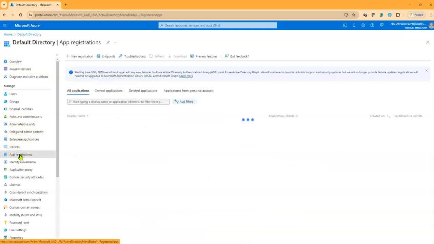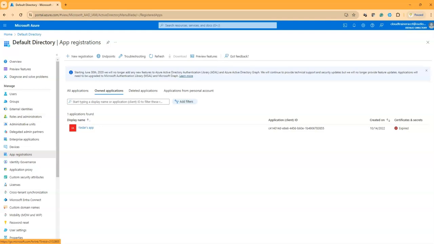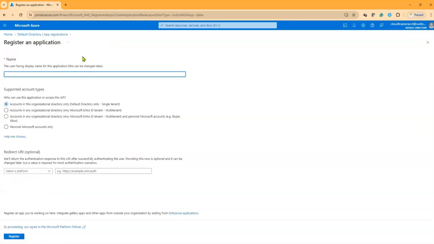You just need to click on app registrations, then click on new registration. Here you need to provide a name. For example, I'm going to say Formula 1 app